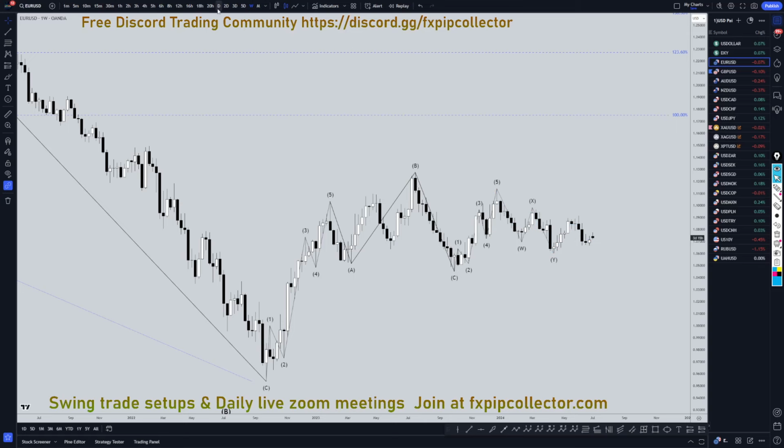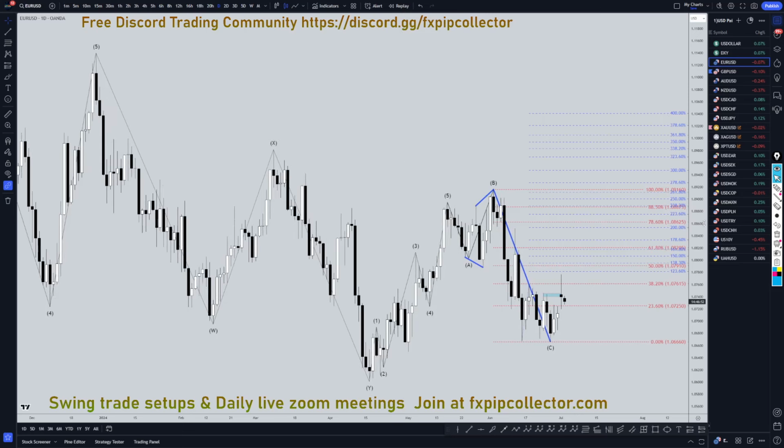So heading down to the daily time frame, we definitely did break structure to the upside. I mean, it definitely did kind of reject structure. Hopefully, that break of structure is telling us that this is a wave 1, that the wave 2 is already over, and that this week we're going to be starting a wave 3 of either an expanding flat or a